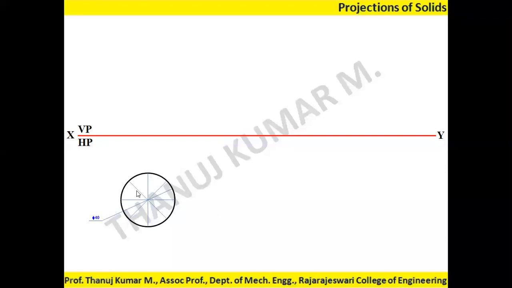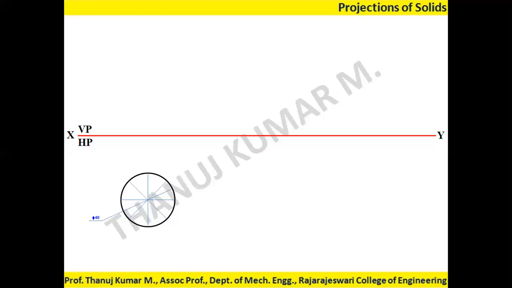We call them generators now. We don't call them diameters. If it is joining from one edge of the circumference to the other side of the circumference of the circle, then it is called a diameter. Now from the center to the circumference, if you draw, there are 8 lines. From here, 1 line, 2, 3, 4, 5, 6, 7, and 8. So they are called generators. Minimum there should be 8 generators, maximum 16 generators.